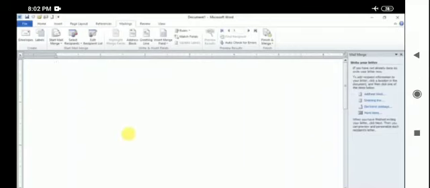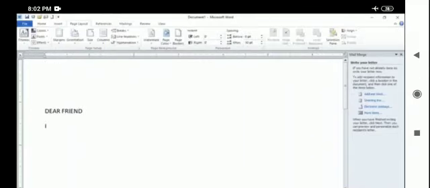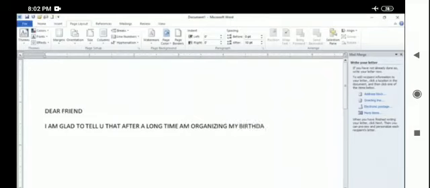Now write your letter. So we will be writing our letter. Dear friend, I am glad to tell you that after a long time I am organizing my birthday party at my home.